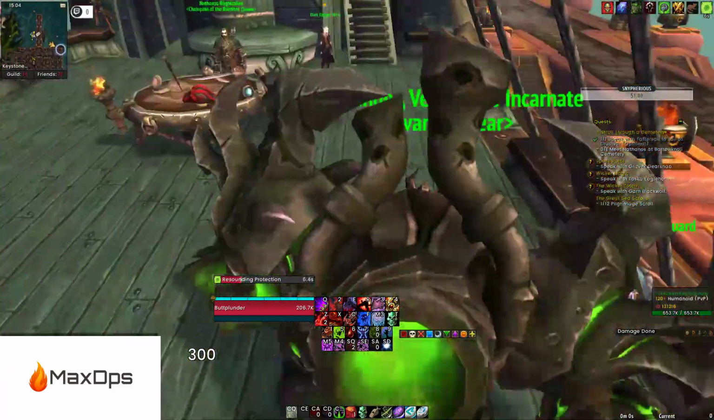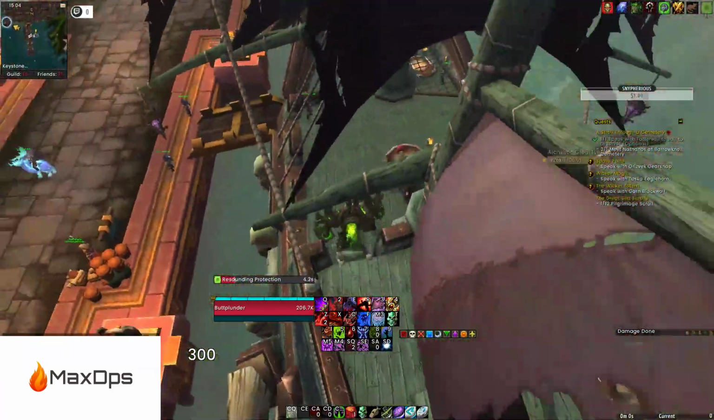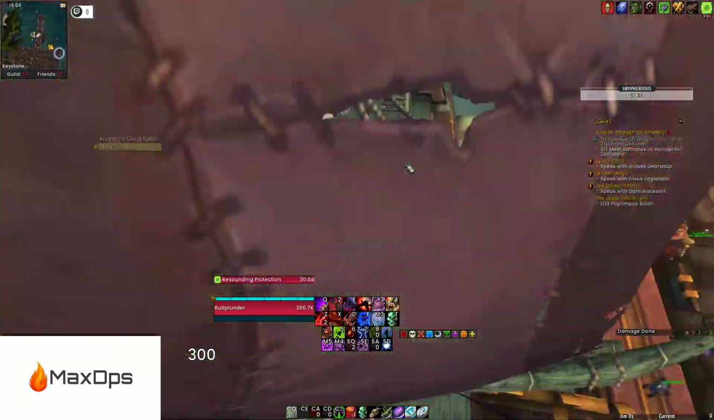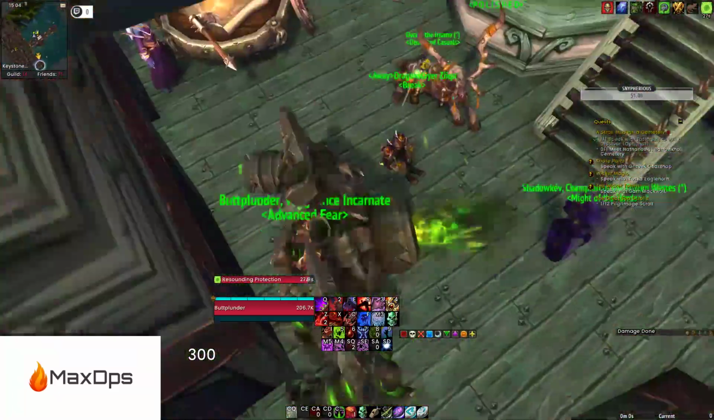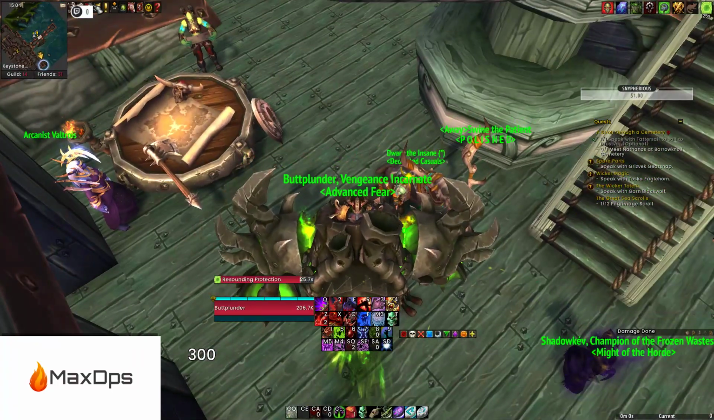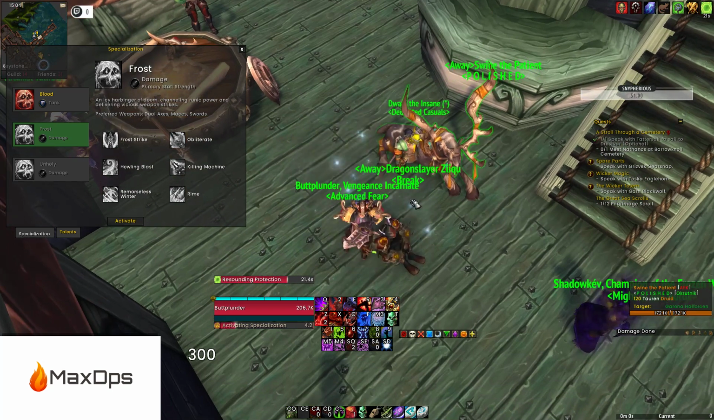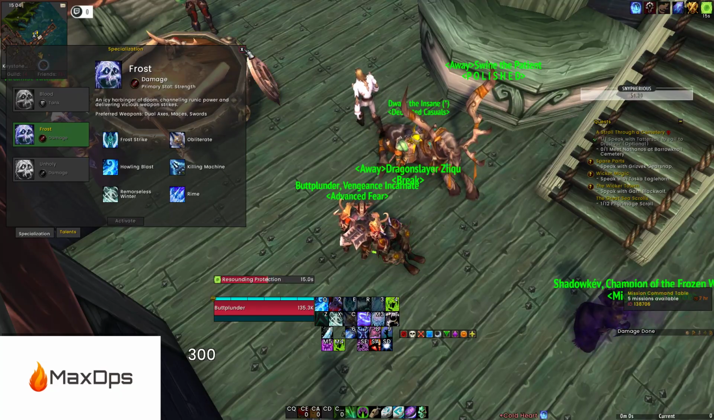This time it will be a really short stream, and I will show you how to make a basic profile from a SimulationCraft. This time it will be DH Frost. So first thing, you've got to have a character on max level and switch to the specialization you want to convert